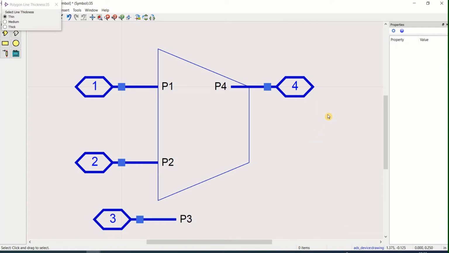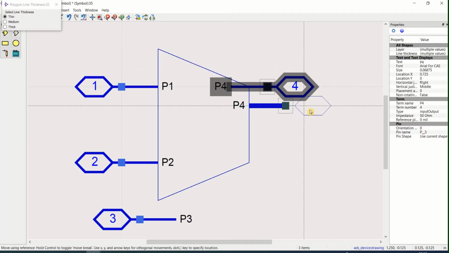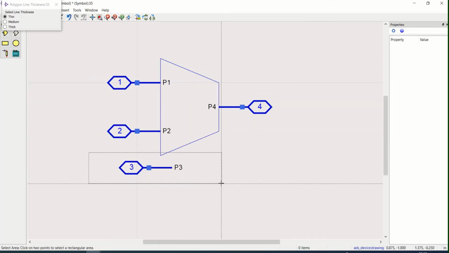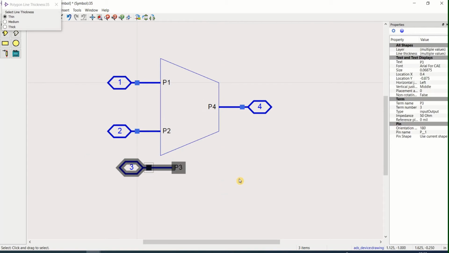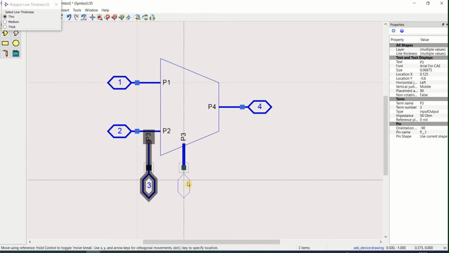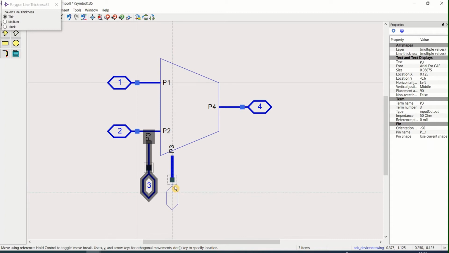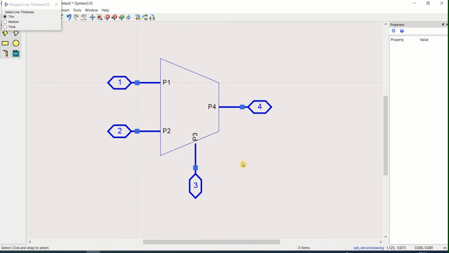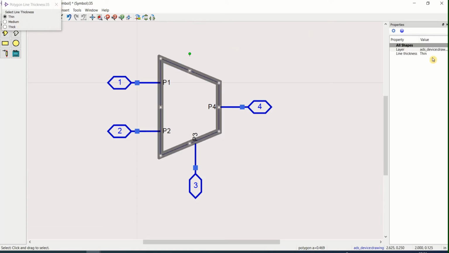Just a rough symbol I am drawing. Use Ctrl R for rotation. You can make this line thick or medium line.